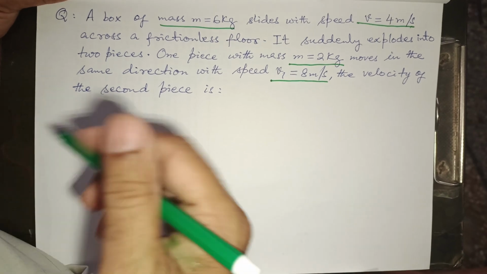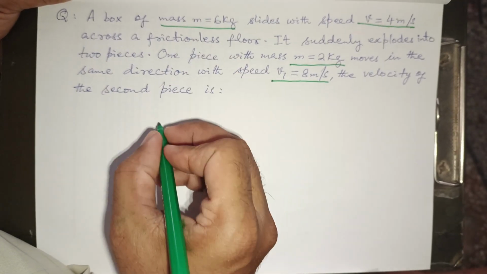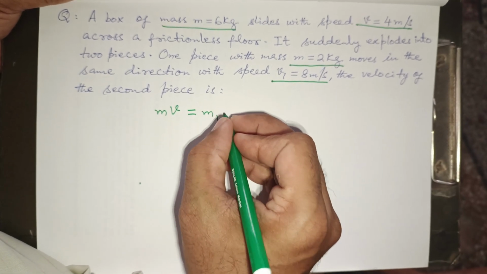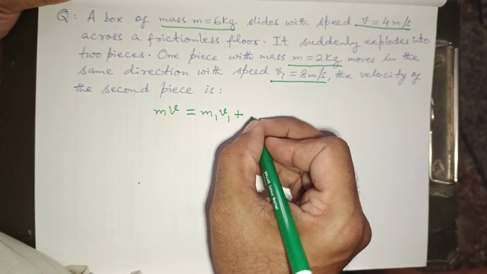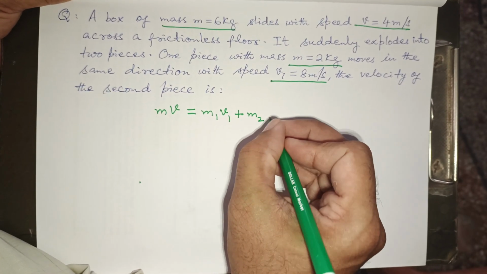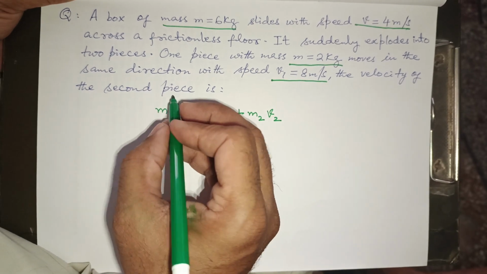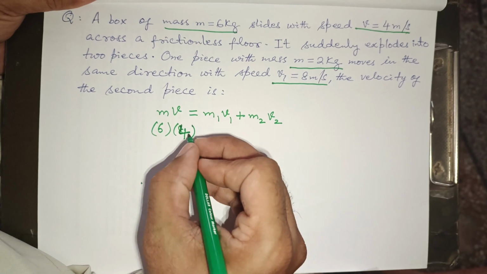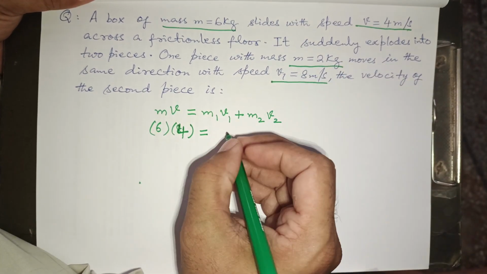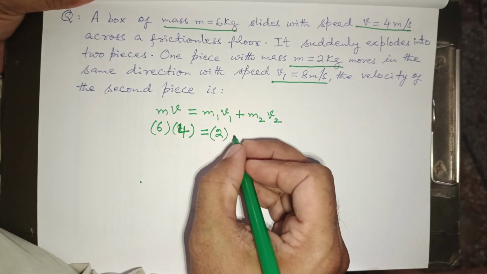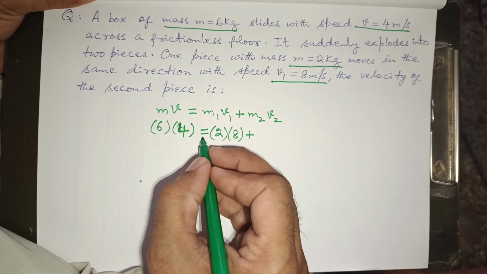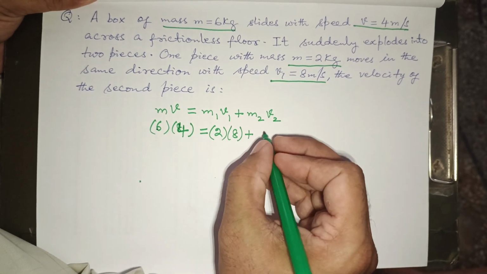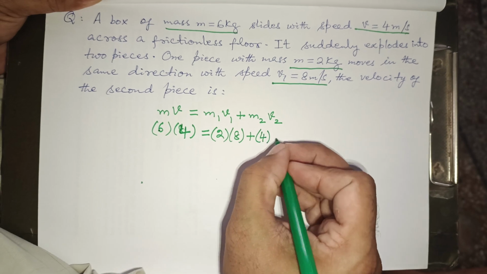will be applied. So we know that on one side, before the explosion, this was mv. After the explosion, it converted into two pieces, m1v1 and m2v2. The mass was 6 kg, velocity was 4 meters per second. The first piece gets 2 kg of mass and its velocity is 8 meters per second. If the first piece gets 2 kg of mass, the second piece will be 4 kg and we have to